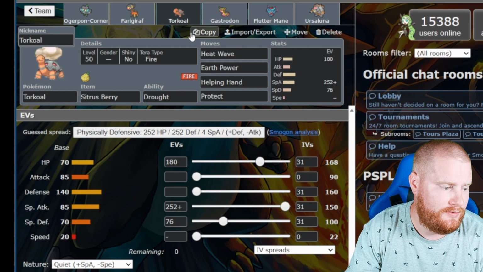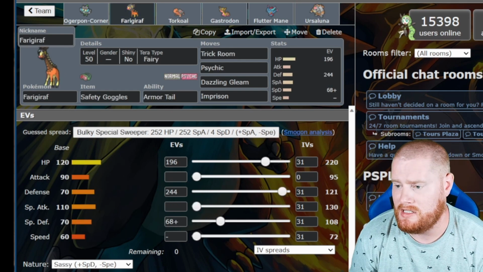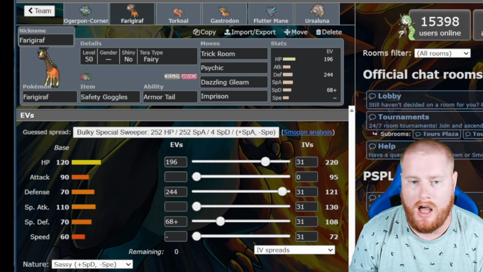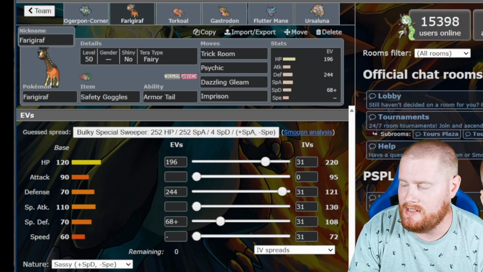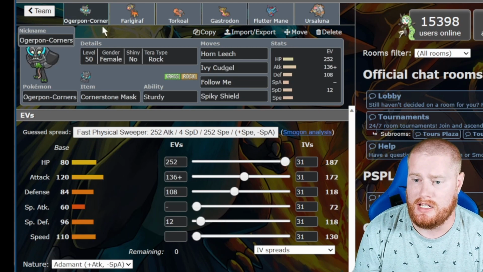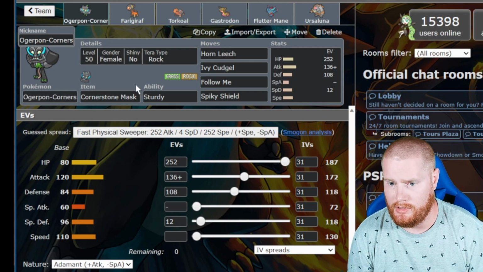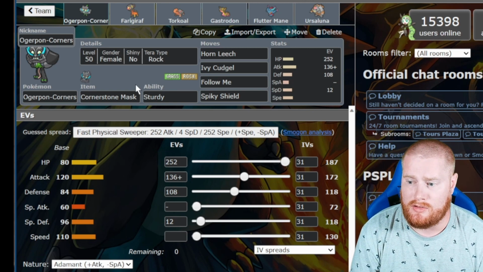But the Farigiraf, let's see if we can go back to the Farigiraf. Farigiraf is basically the same set I've been using for a while. I worked the EVs a little, and it stops priority with Armor Tail. It has Safety Goggles, so it's immune to spore and powder based moves. So with an Ogerpon Cornerstone lead and a Farigiraf lead, I have a Follow Me that is going to always